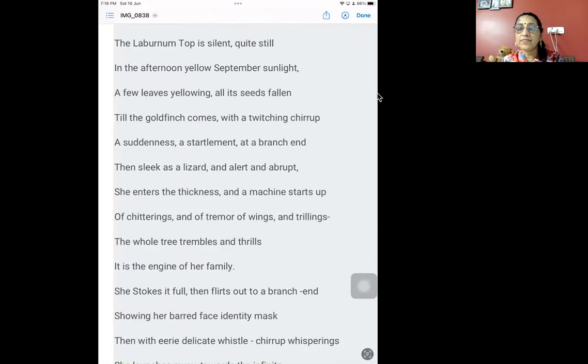As I said, that the poem is about a tree, Laburnum, which is looking yellow. And because it's a September month, it's the autumn season, therefore it also signifies that the tree has turned yellow and its leaves are falling down. That's the first one. The laburnum top,